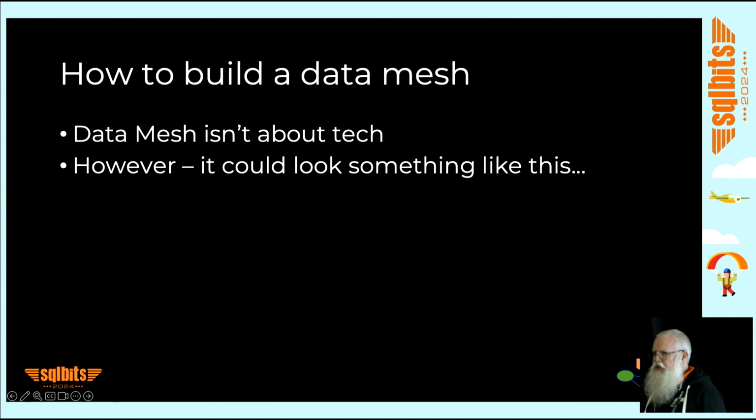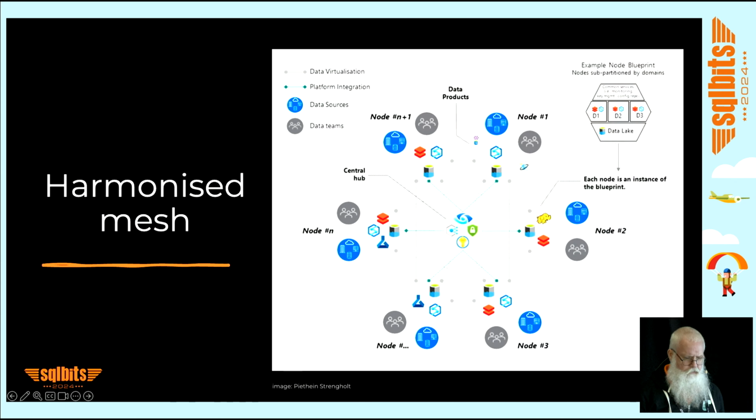And data mesh, as I said, is not about technology, but because we're geeks, let's take a look at how that can look from an architectural point of view. So again, data mesh is microservices for BI. This is a definition by Microsoft called harmonized mesh, trying to get every domain and data squads their own little sandboxes to play in, and then being able to distribute data across, and using central governance for where that will sit for the users, so where they can find the data.